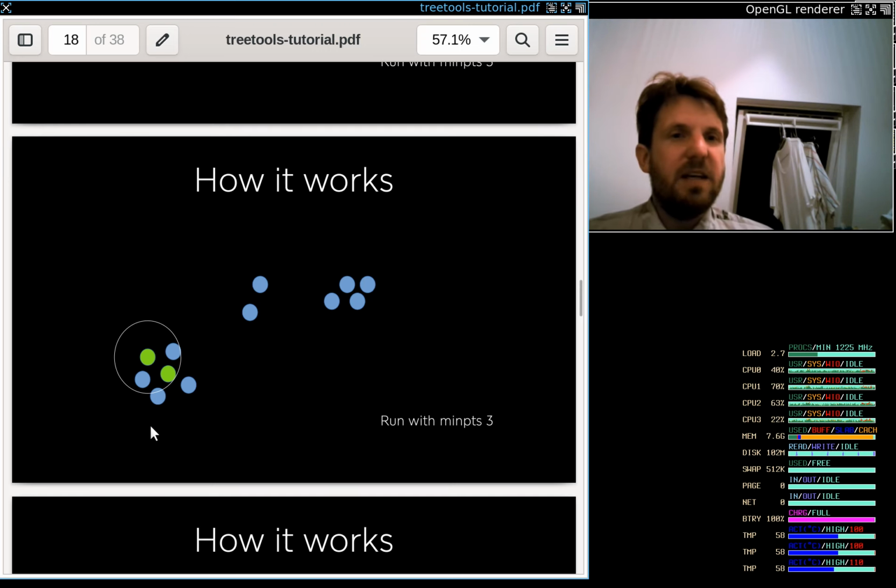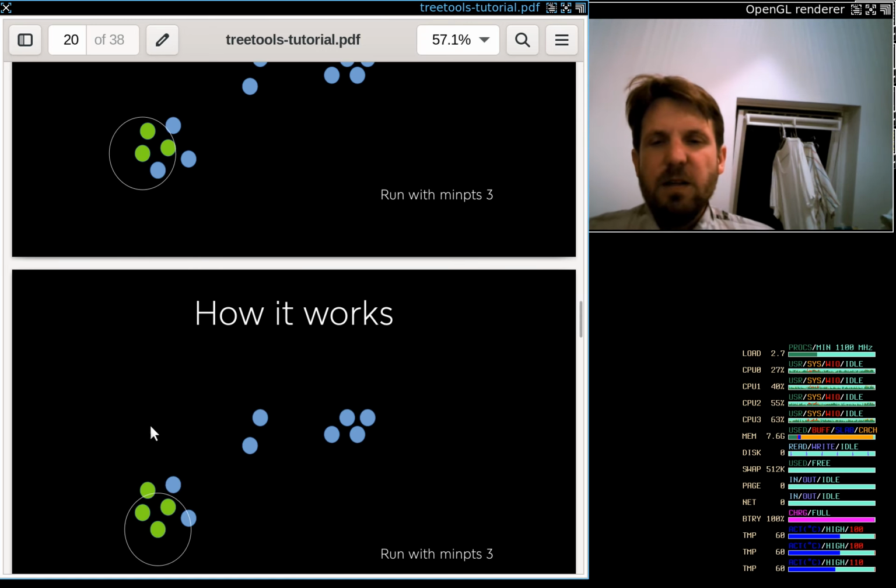But that's the DBSCAN algorithm. It's not our algorithm. That is kind of the core of our algorithm, but that's not what we do. I mean, that's what we do, but that's a little part of it. Now, what we do then is more deliberate. So,